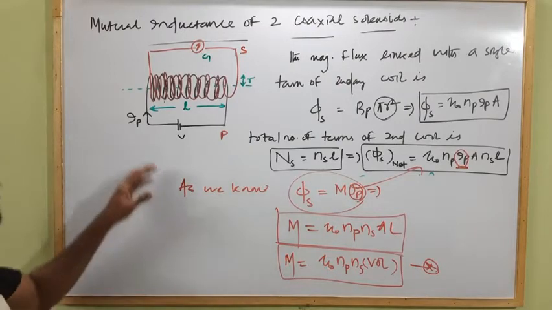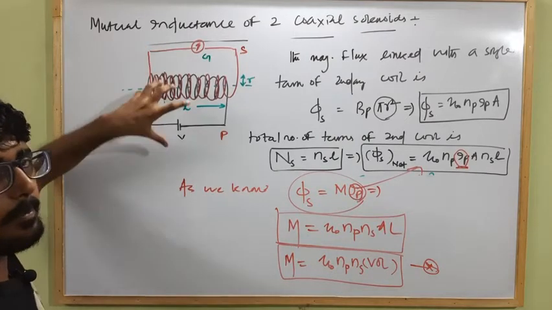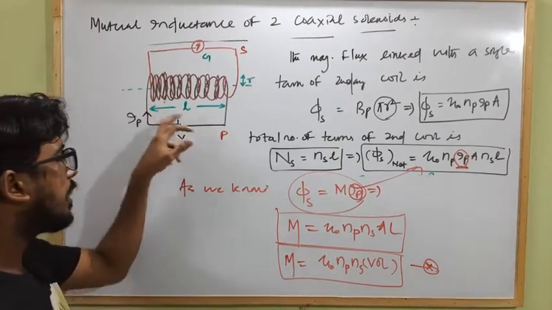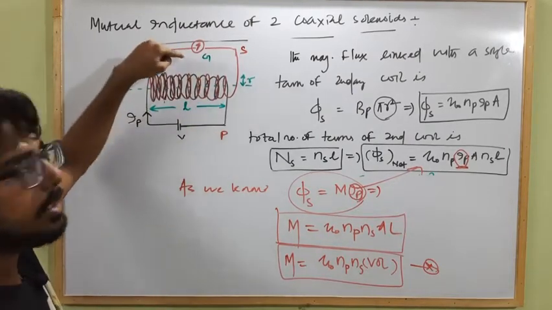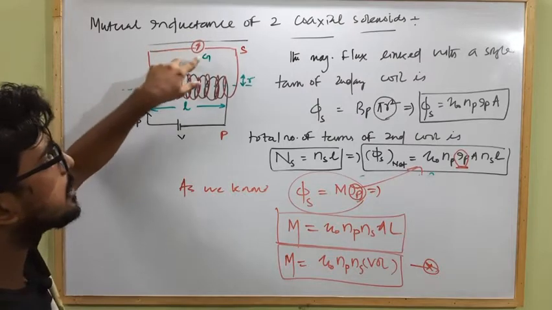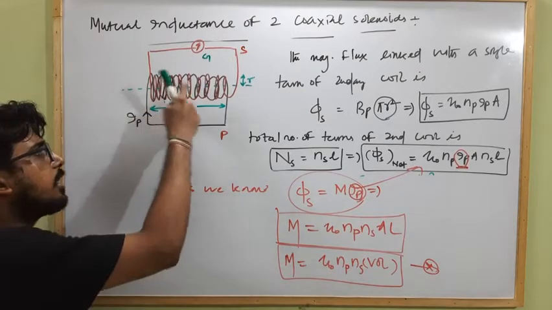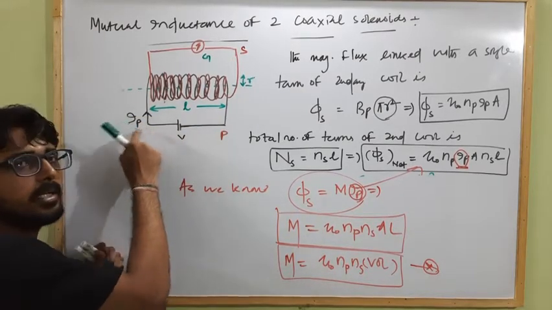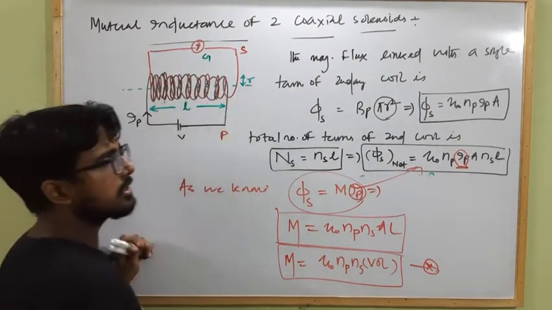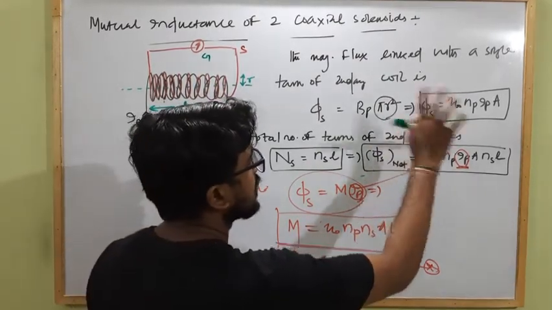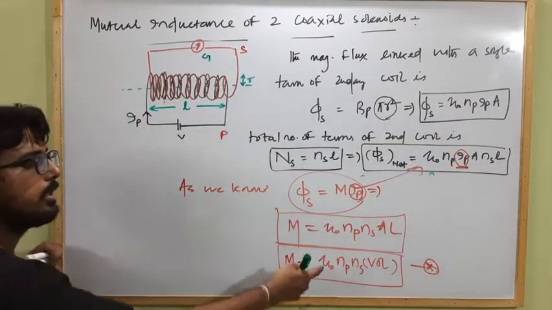Okay, understood? So in two coaxial solenoids we have to identify one primary and one secondary coil. Primary is the coil in which we are applying the current to flow, and secondary is the coil in which an induced EMF is produced, due to which an induced current is flowing through it, which is shown by a galvanometer. And as primary coil is allowed to flow a current IP, due to this current the flux linked with the secondary coil will get changed, that is phi s, and by this relation we will get the mutual inductance of these two coaxial solenoids, which will be this much.